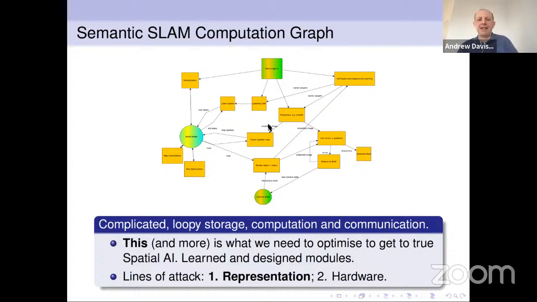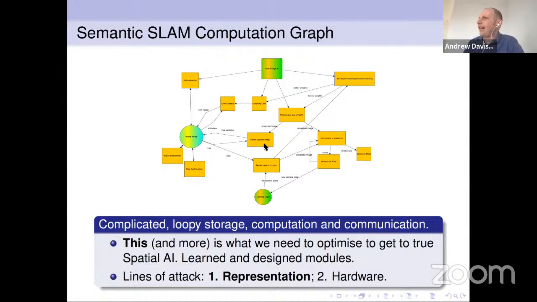The point I want to make is this is quite complicated. It's quite computationally heavy. There's a lot of data moving around here. When we actually implement this as a real-time system, it's running on a machine with a CPU and a GPU. There's lots of data flowing around, and it's all quite complicated.